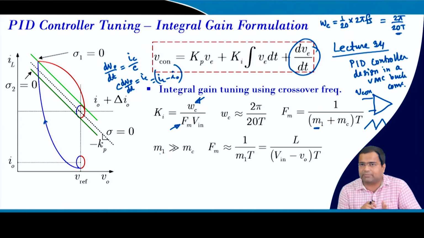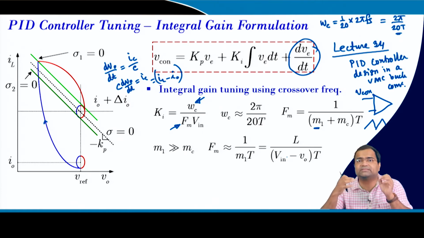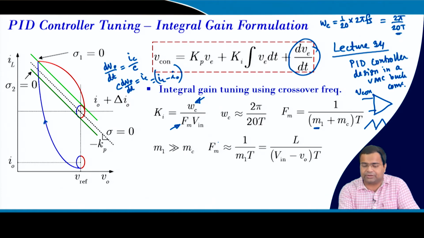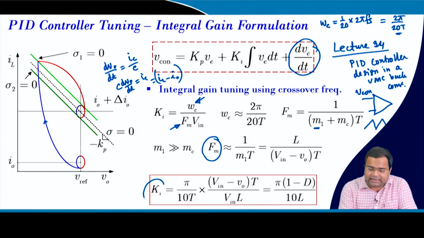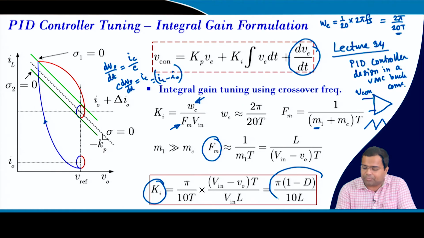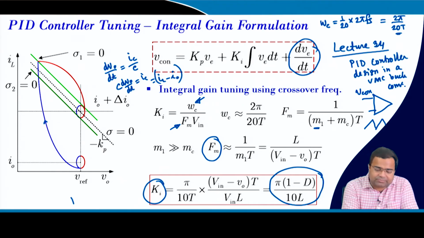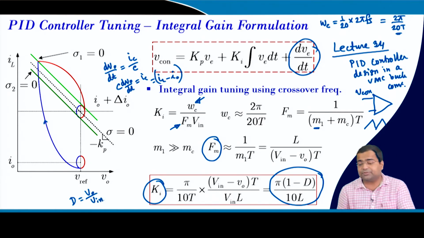And what is M1 for a buck converter? M1 is nothing but Vin minus V0 by L. So, if you substitute, Fm can be approximated by this, and if you write, the integral gain can finally be obtained as Ki = 1 minus D by 10L, where D is the duty ratio, because in a buck converter you know V0 by V is equal to D. So, if you substitute, this is our Ki that we are going to consider,